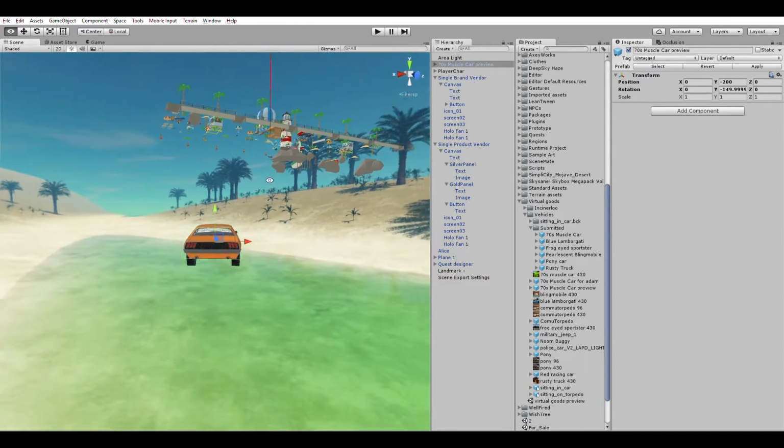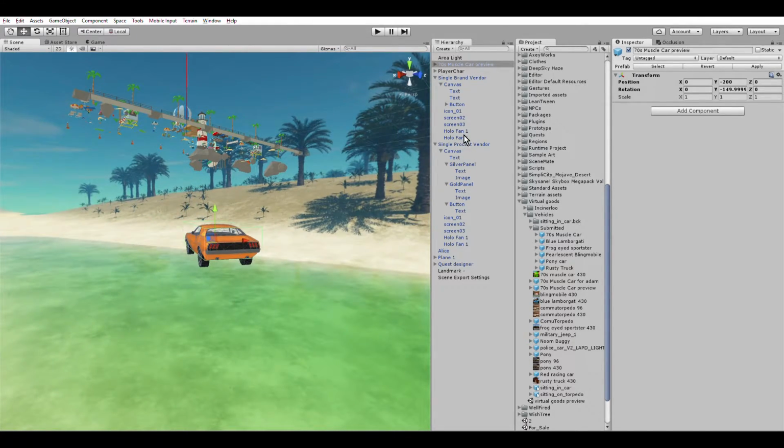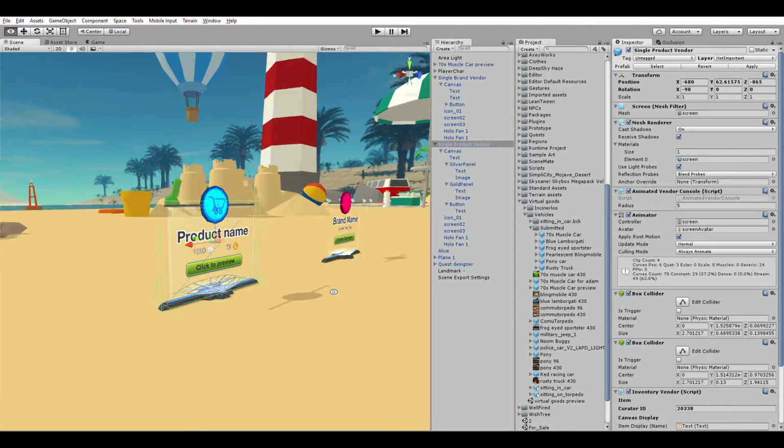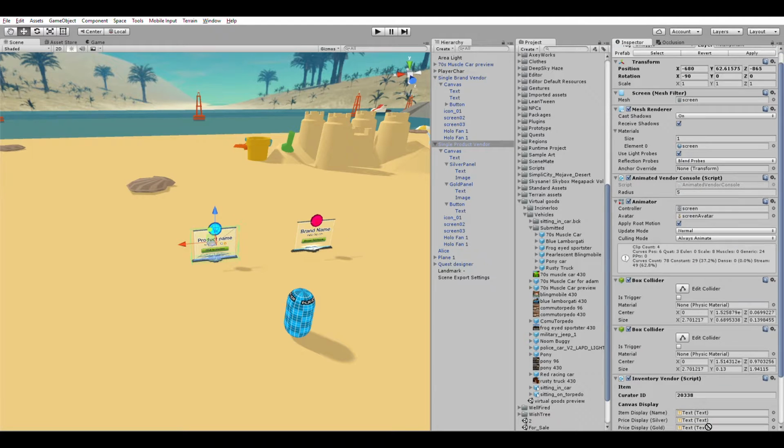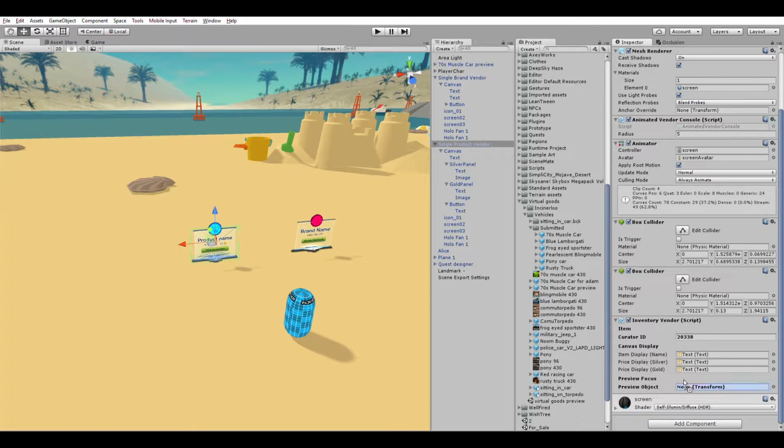If I come back to my vending machine now, I can now drag this 70s muscle car for preview into this preview object window here. And now, when I click play,